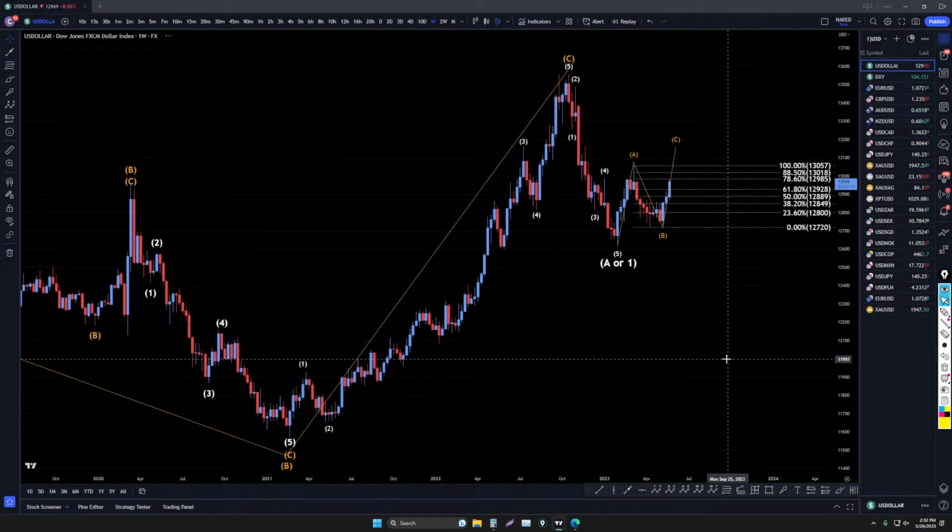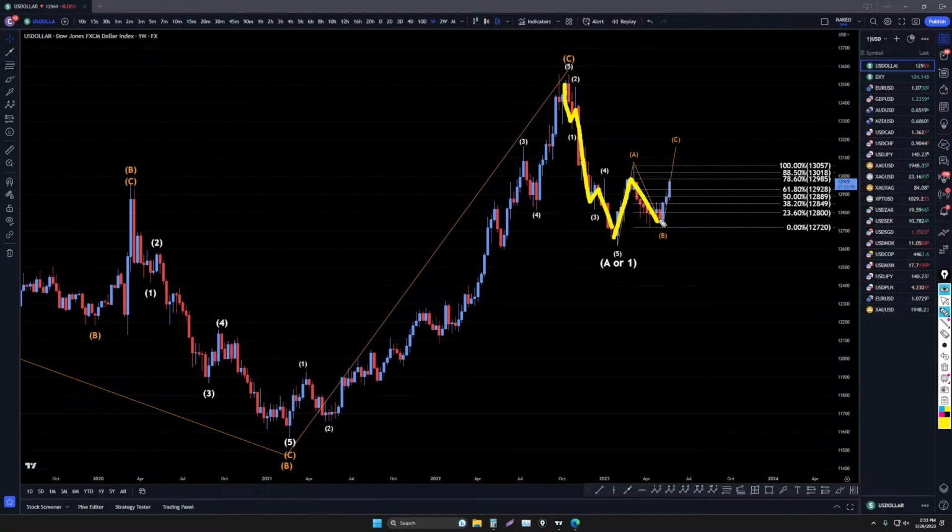So let's take it down to the weekly. Let's head up to the dollar index. Now on the weekly, I still think this is a downtrend, probably a 1, 2, 3, 4, 5 of 1, but I have this labeled as a possible wave A also. Then I think we have an ABC that we're forming right now, and I think this trend needs to continue. It's probably going to end up looking something like that, possibly an ABC of 2, before it goes down to make a continuation of the downtrend.